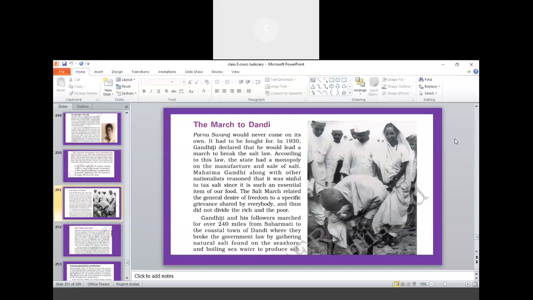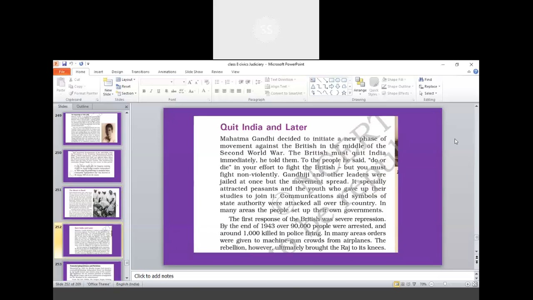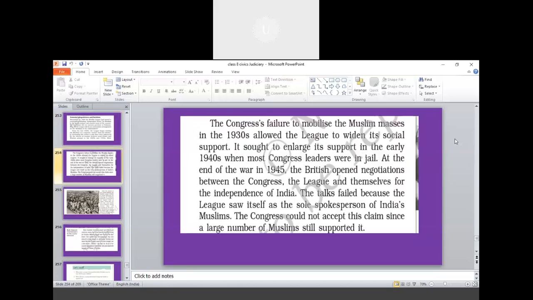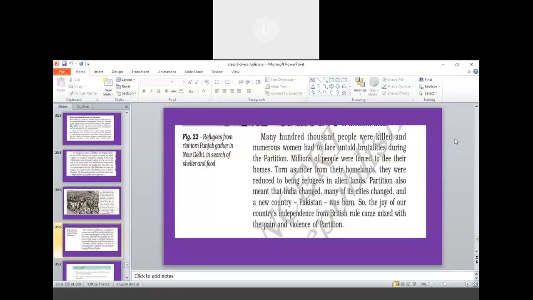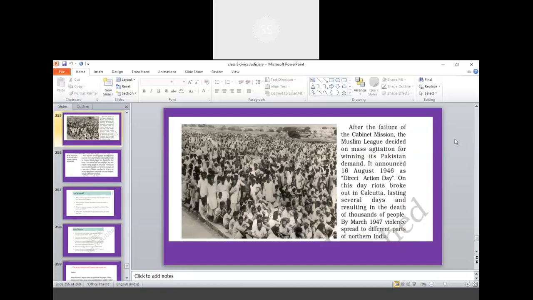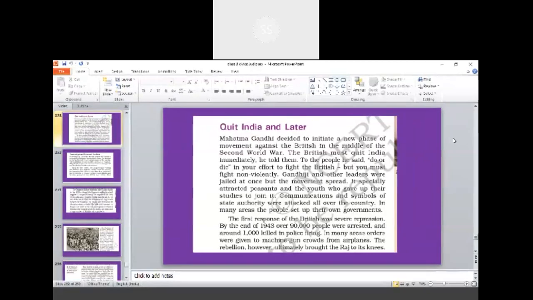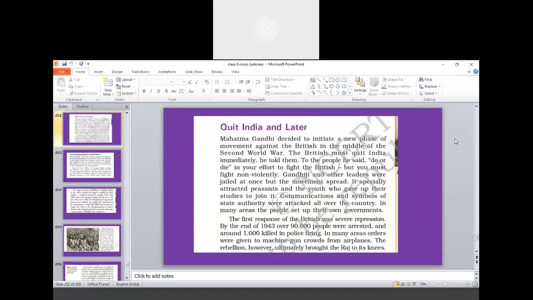Okay, so that is the second movement, the Dandi March. Which is the third one? Quit India movement, sir. What is the difference between the Dandi March and the Quit India movement? The Dandi March is a civil disobedience movement led by Mahatma Gandhi. But in the Quit India movement, the intensity was very heavy. It was considered an ultimatum to the British